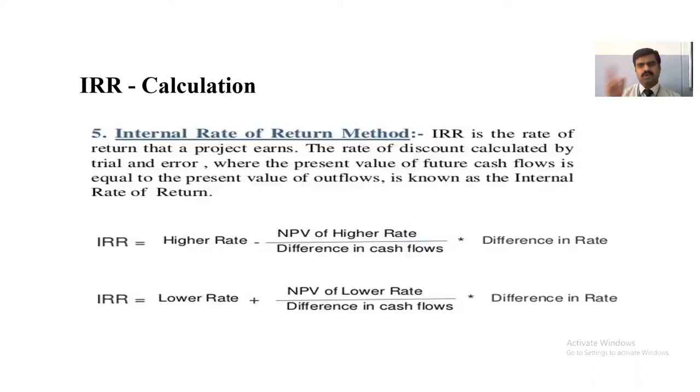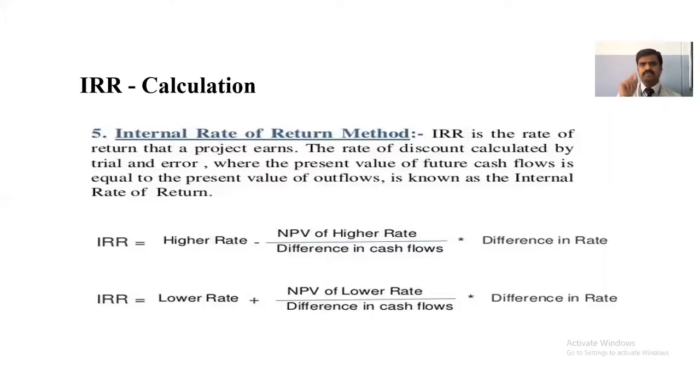Okay, so yesterday, in the previous class on Saturday, I told you there are two ways of calculating IRR. One is the trial and error method. This is what you can see below in the formula, where you calculate the NPV by taking randomly different discount rates. So you take 10% and 12%, one higher rate and one lower rate. Then you calculate the NPV, and if your NPV is coming 0, that is your IRR.